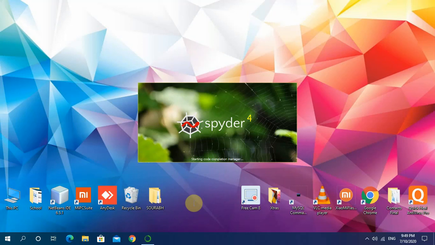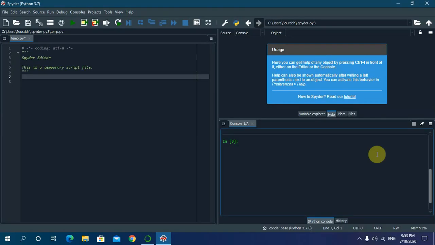Now as you can see the screen, I already told you this particular area is the editor pane, and the area which you can see where the cursor is hovering right now, this is the IPython console. You already know the IPython console is the interactive mode where you can write the code and get the output at once, and this particular area is the script mode where you can save your coding as well. So let us try to run some code in IPython console.